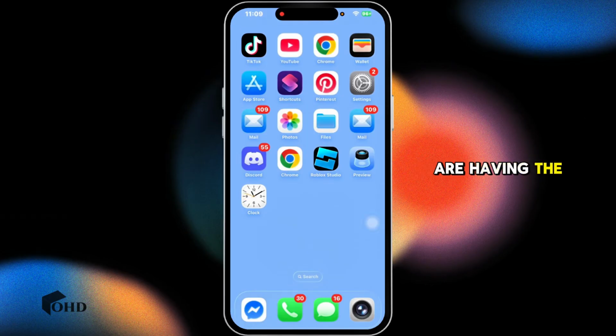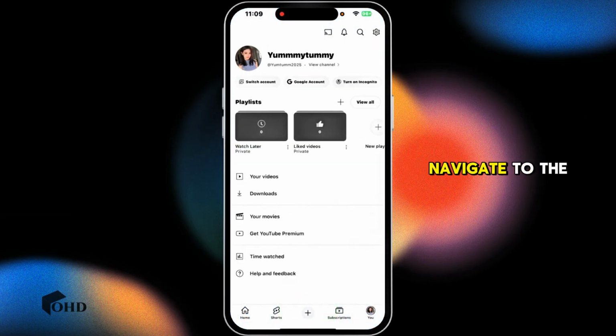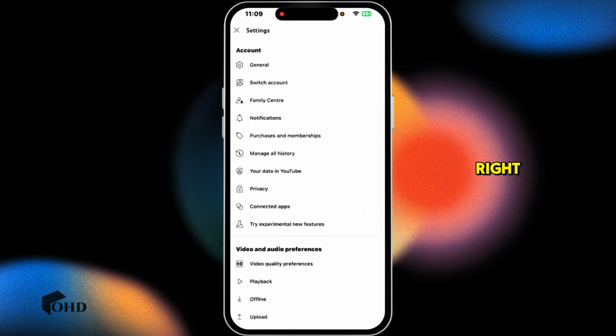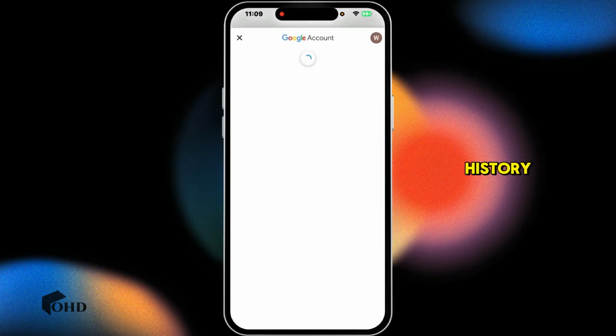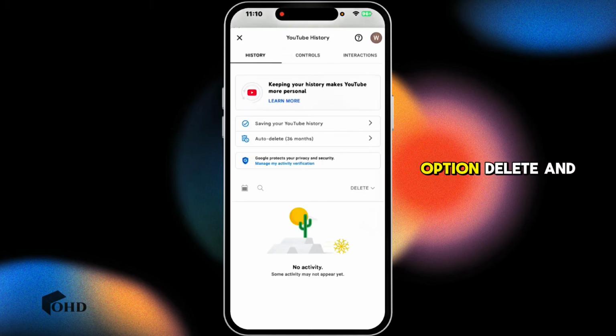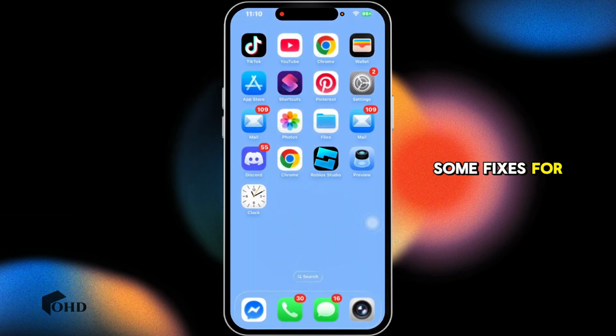If you are still having the issue, launch your YouTube, navigate to the You page, click on the settings option given at the top right, navigate to the option manage all history, click on the option delete and remove all the history. So these are some fixes for YouTube homepage not